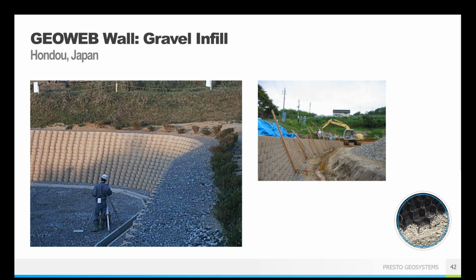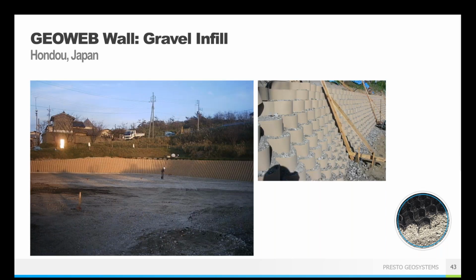Some other nice photos, again, installation style. You can see those batter check boards on the right-hand side. That just helps make sure that you have the right setback of all of those panels. And that's going to make sure that you get that good face angle. I know there was a question at one point in the Q&A session: how far of a setback do you need between the individual panels? And if you're doing tiers, is there a minimum setback?